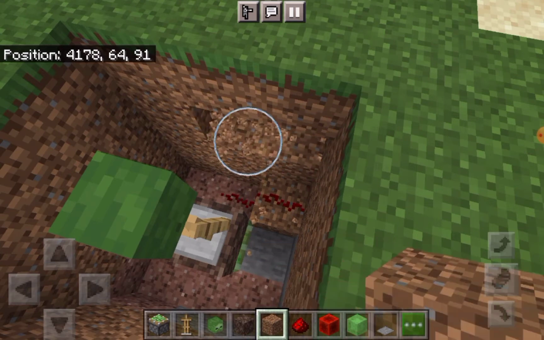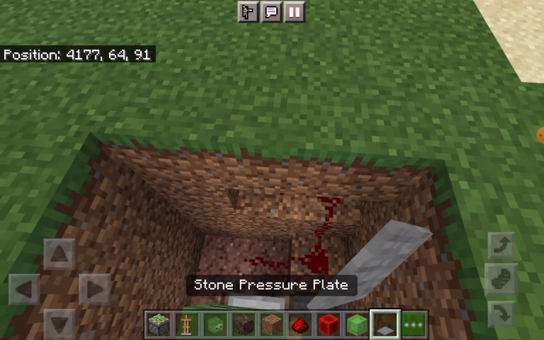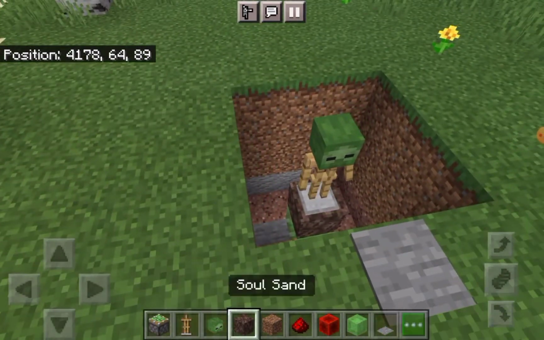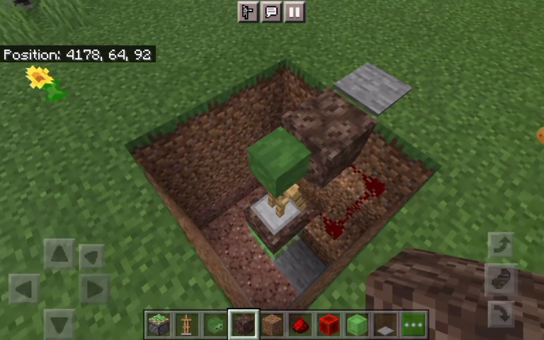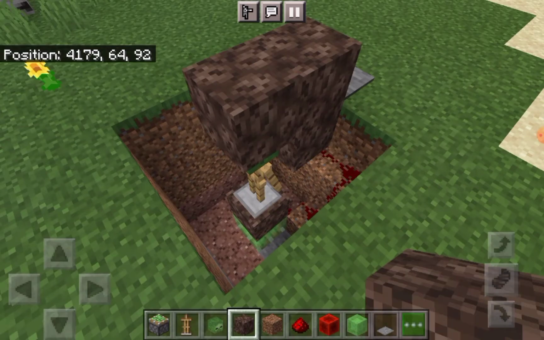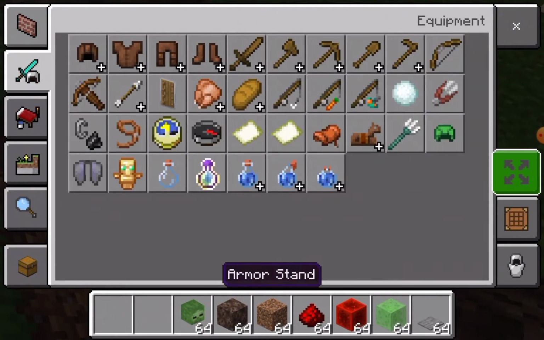Okay, so now you want to put more redstone kind of like this. Pretty cool. You want to put this, so then you should have something that kind of looks like this. So then you would want to put that there. You'd want to do this, but before we do that, obviously we gotta get the good old